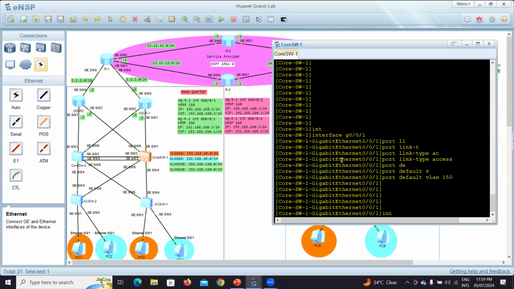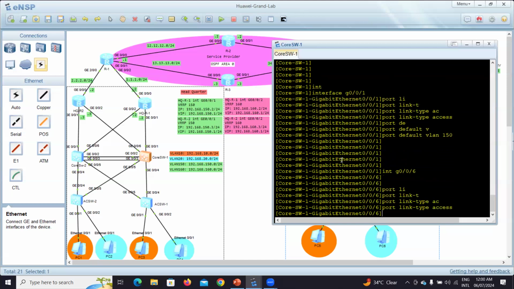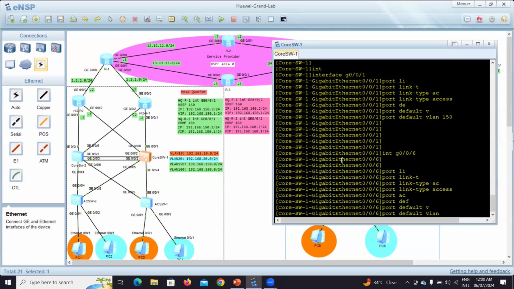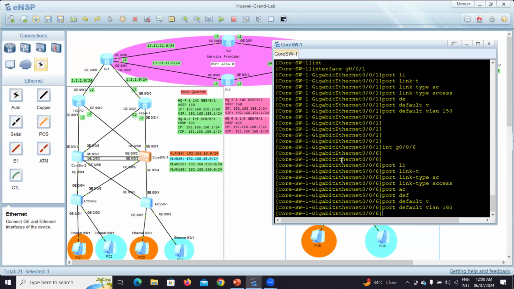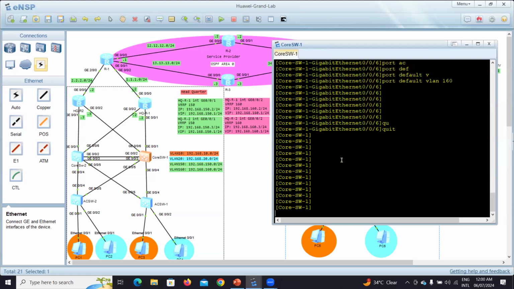And for interface G0/0/6, it will be port link type access, port default VLAN 160. Great. Now,